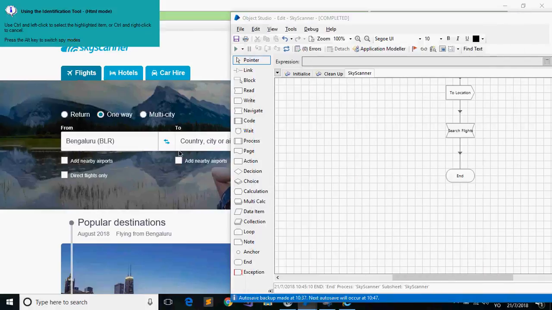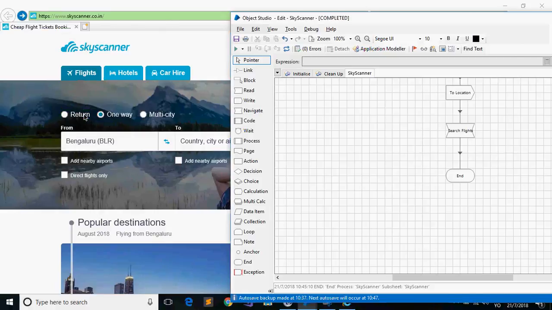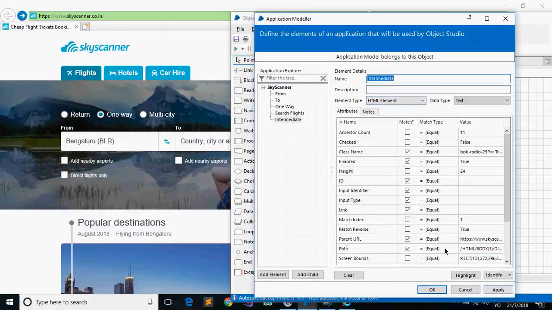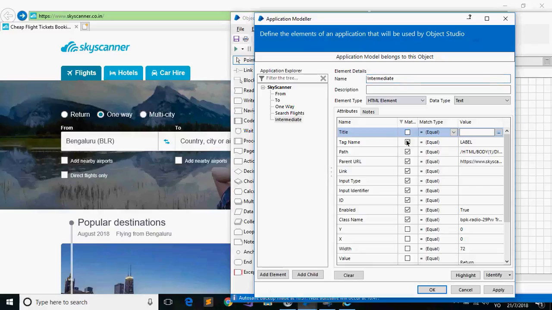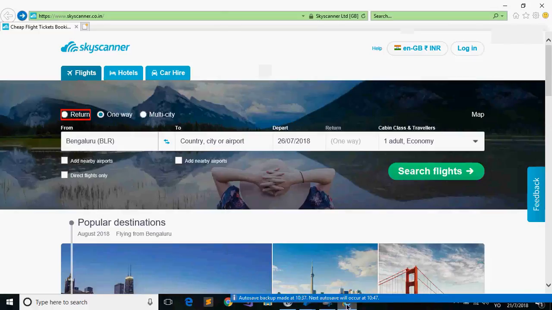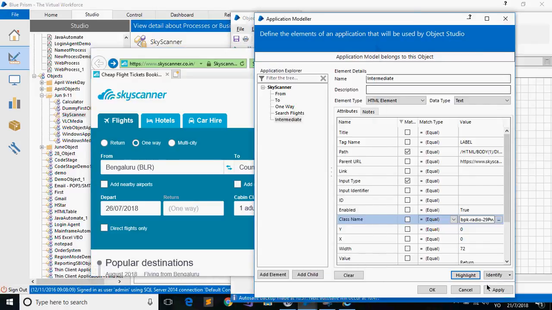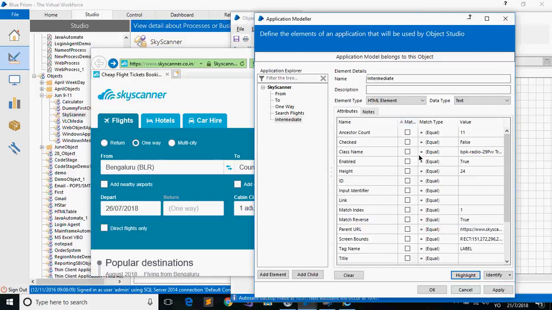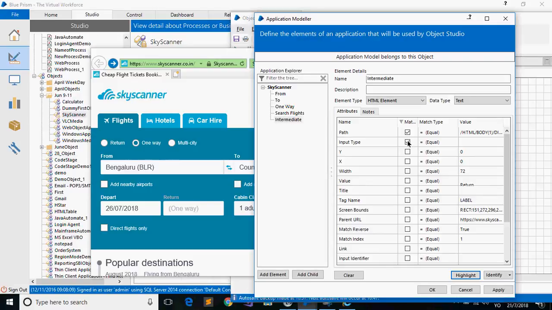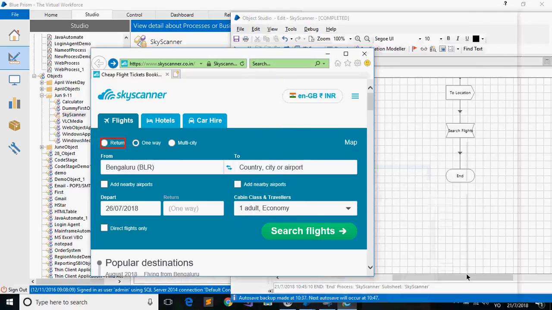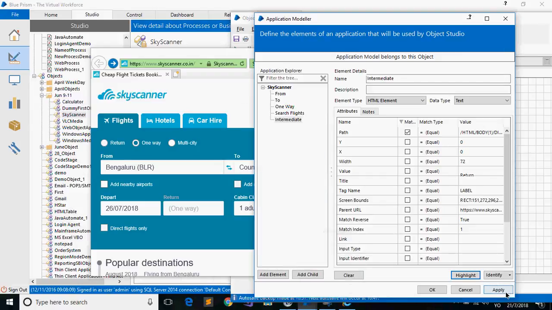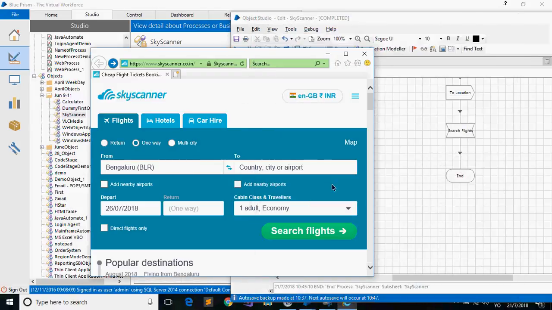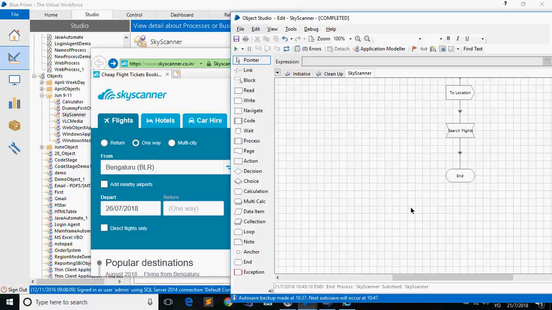So okay, let me try this. Identify. I'll just take an intermediary state just to click on that, and let me see if what I feel is that is the reason. It's working fine then. So just click OK here. Path and input type I don't need. Apply OK. So once I enter Kolkata, I will just